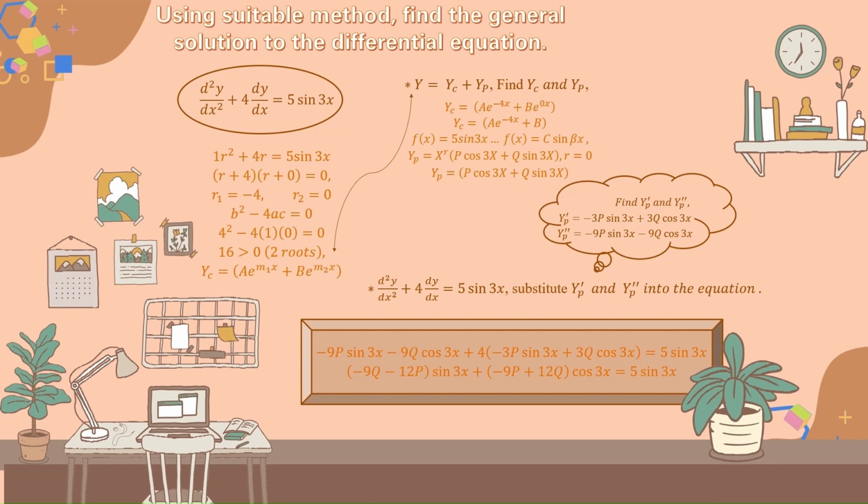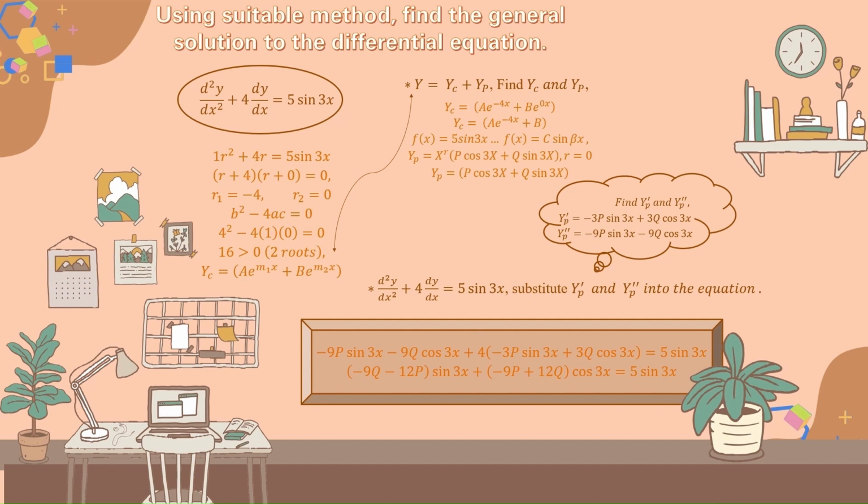If y equal to yc plus yp, where we find the yc, we can find yc using the formula I mentioned before, where our yc will be a e^(negative 4x) plus b e^(0x), which will give us the solution of yc equal to a e^(negative 4x) plus b. Next, we find yp, and because our f(x) is 5 sin 3x,